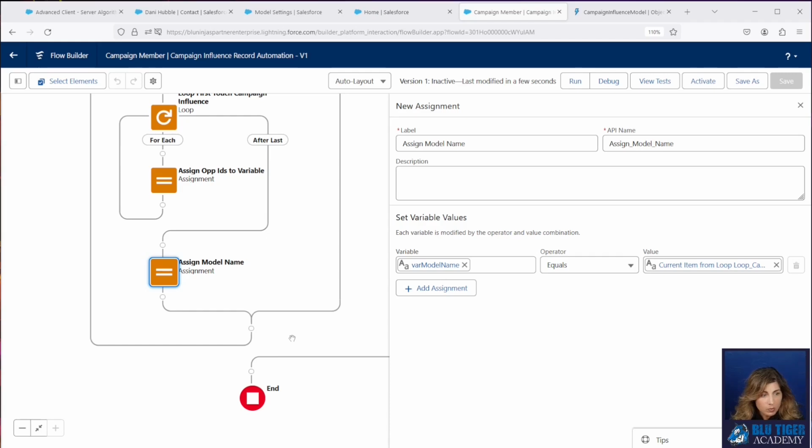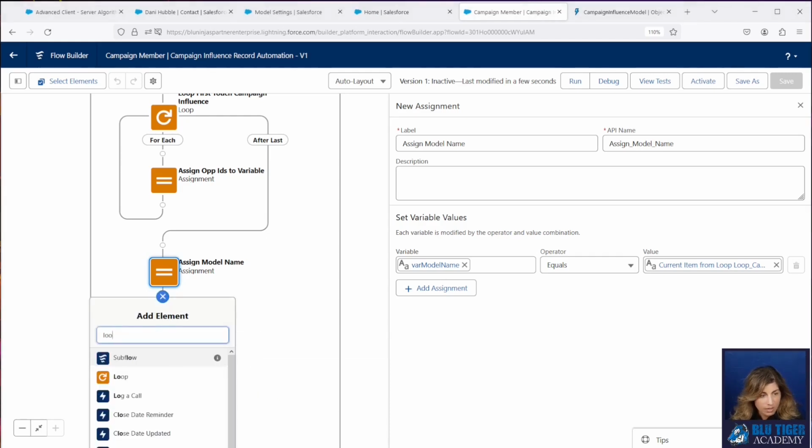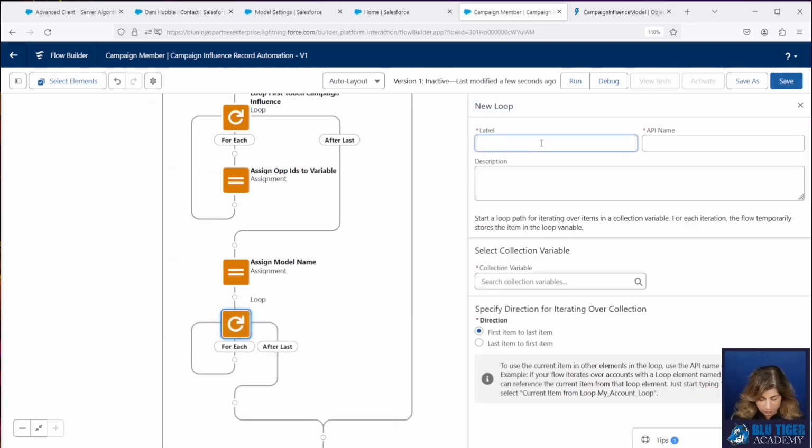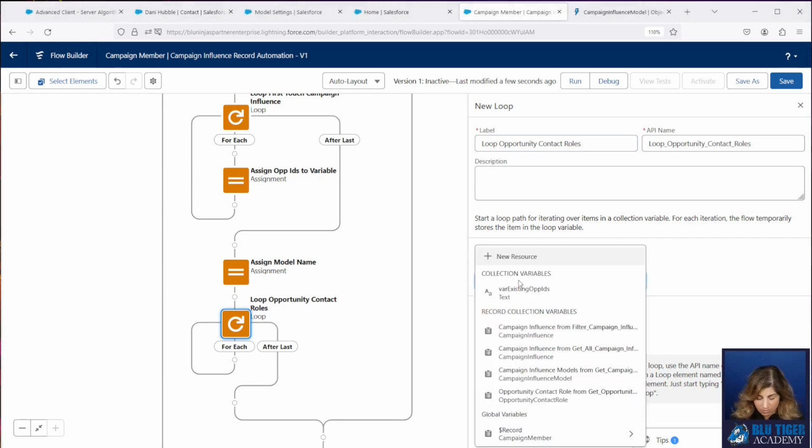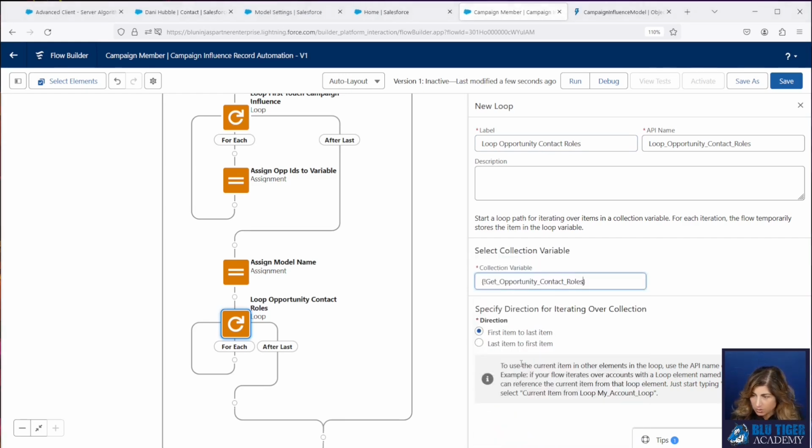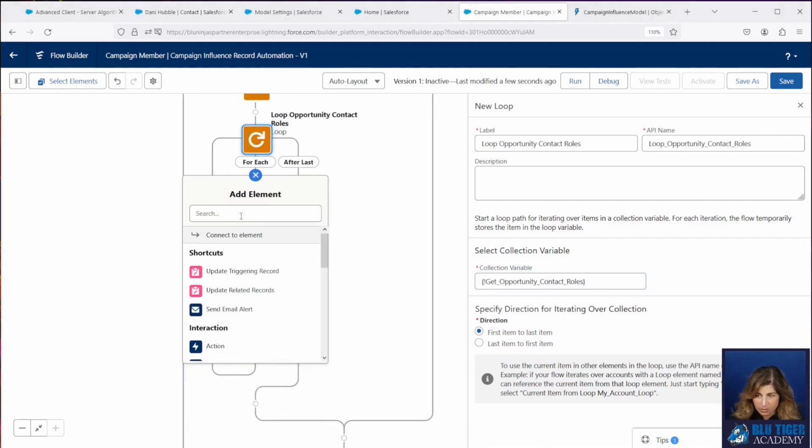All right, now we're going to do another loop here. And we're going to loop through our opportunity contact roles. We're going to do our opportunity contact role collection from our get, and then we're going to add a decision element here.